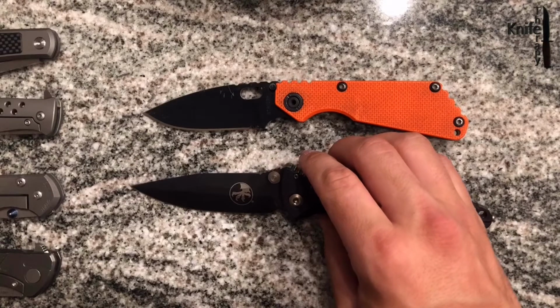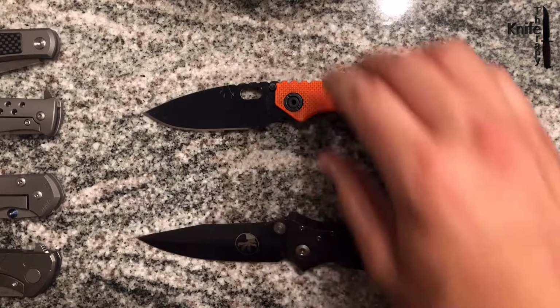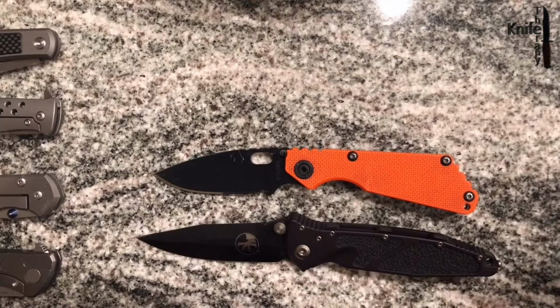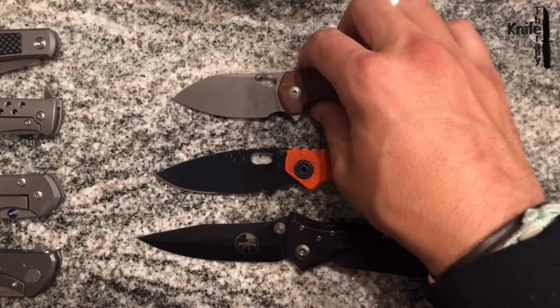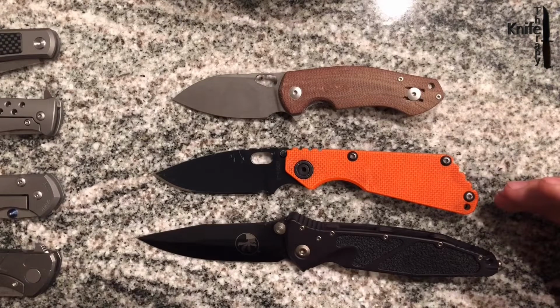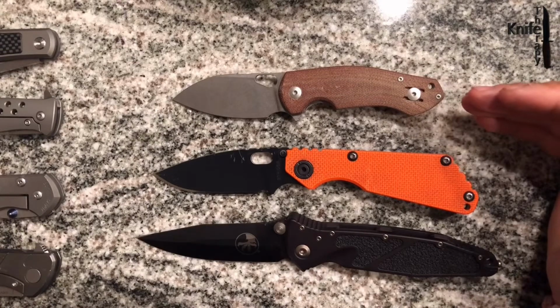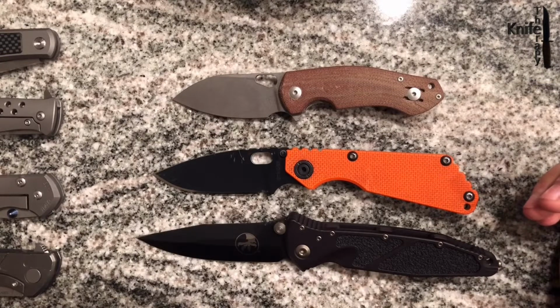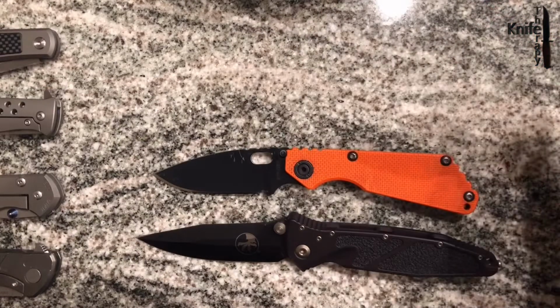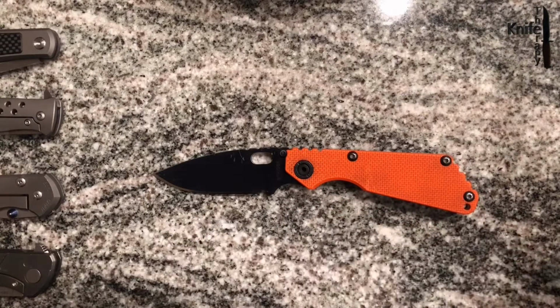Next, we got a Microtech SOCOM Elite, another tactical knife. So it's right, I guess, a mid-size knife. If you're not familiar with the Strider brand, this is the mid-line size knife for them. They make an SMF, which is more comparable to the Microtech SOCOM Elite here. And then they make a PT, which is probably a little smaller than the Giant Mouse Ace Biblio we have up top. So if you're wondering,